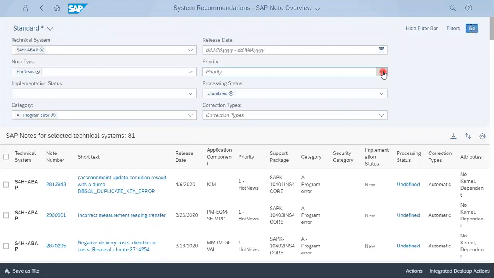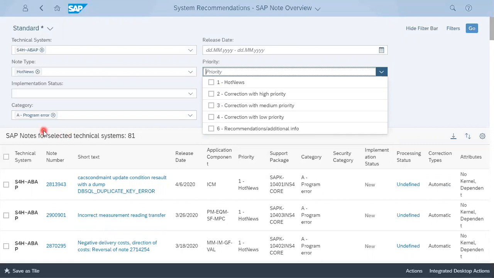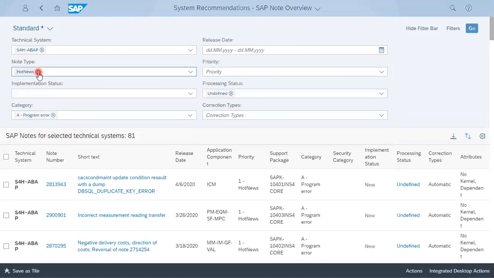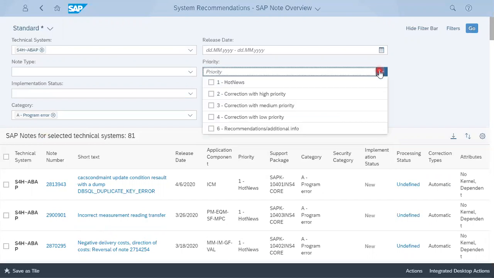So the priority, if I talk about it, let me remove the note type from here. One simple question: if you go into priority, if it is hot news, priority 1 and 2 are high priority, 3 is medium, and 4 is low priority.